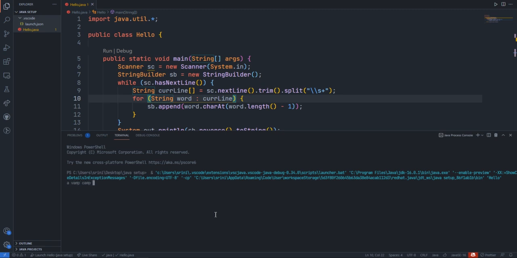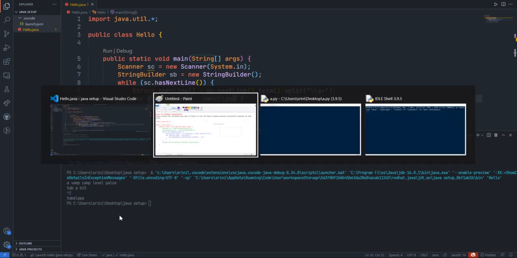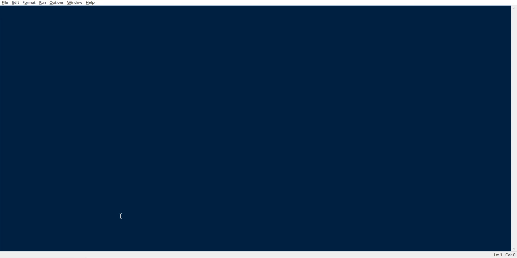Vamp, camp, level, place, and then tab bit. Finally I'm passing Control Z to represent the end of input. So we got table pa. We got that. So our assumption was correct. So let's do the same operation in Python.